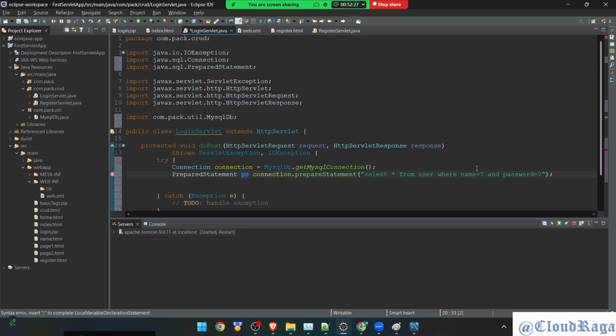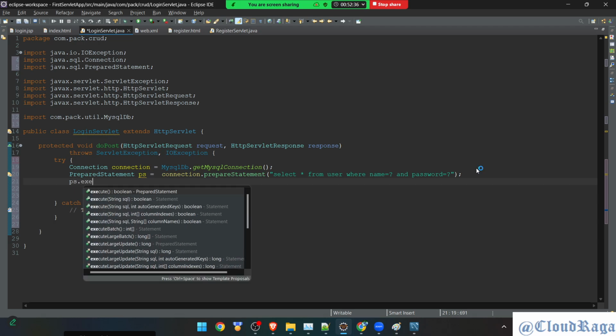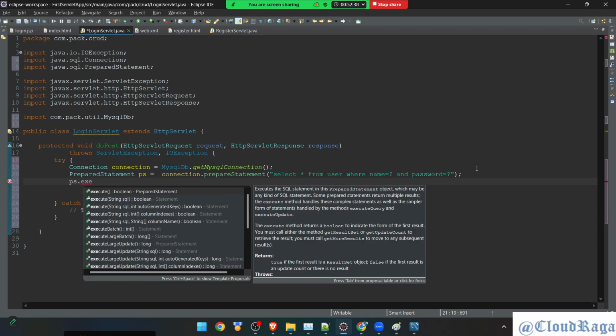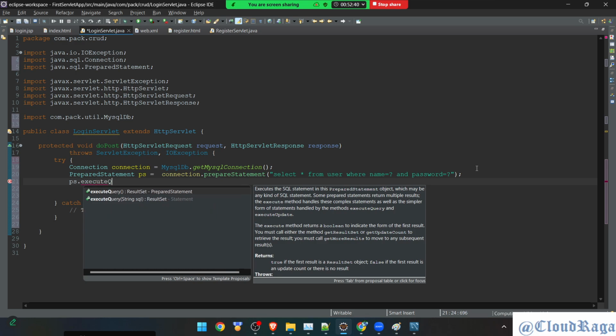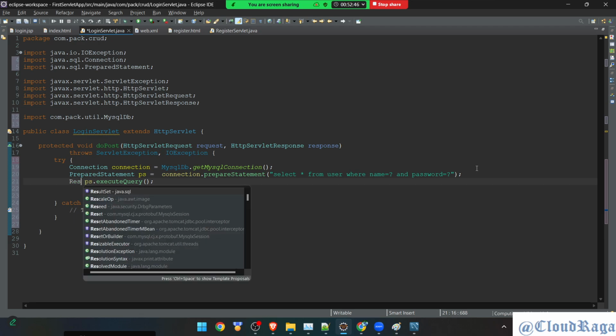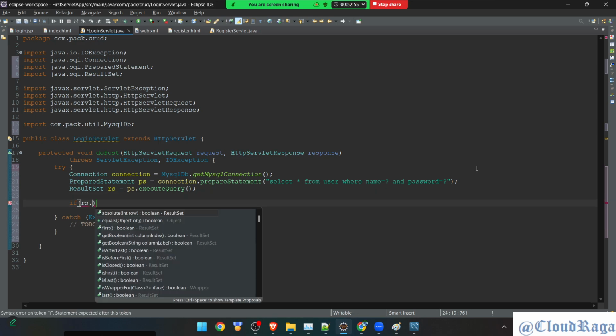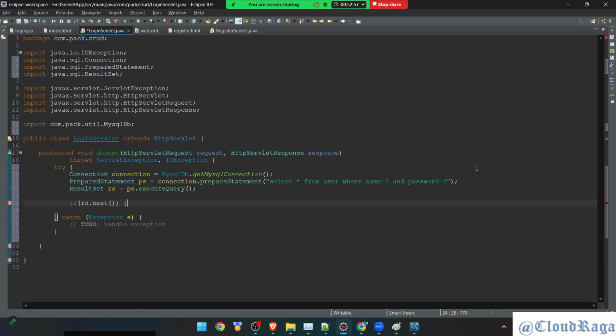I'll call it PS. Okay, done. Then I'll say PS dot execute query. So this gives you a result set. I'll call this RS. Okay, and I can verify with rs dot next, that means if it has data,